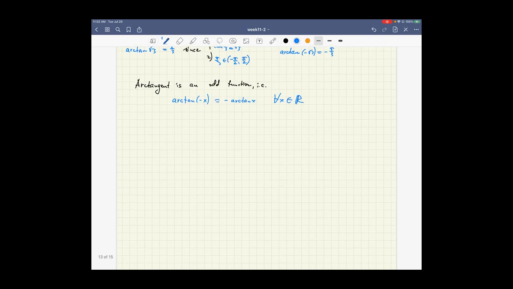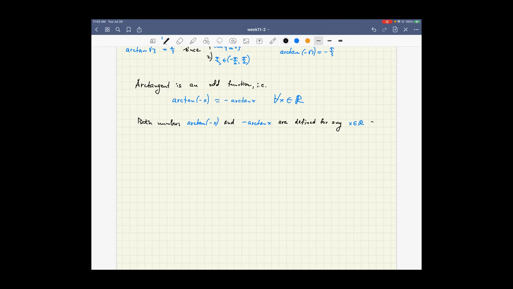Well, in this equality we're trying to prove, both numbers are defined and both belong to the interval -pi/2, pi/2. So both numbers, arctan of -x and negative arctan x, are defined for any x,